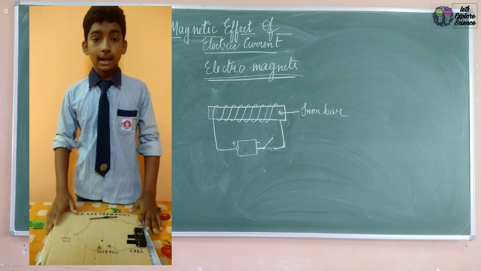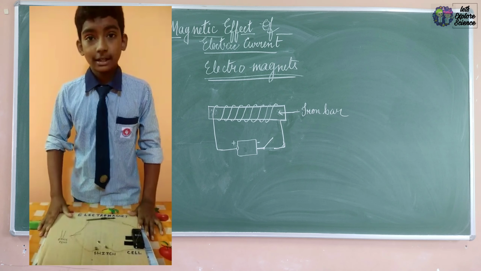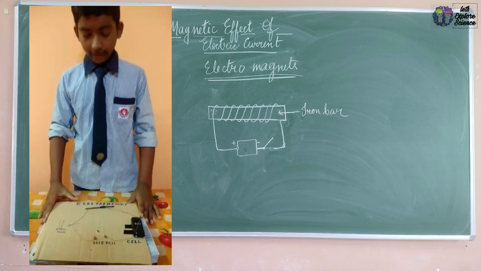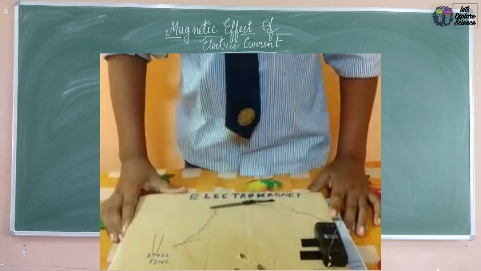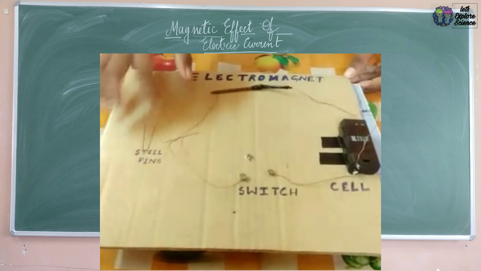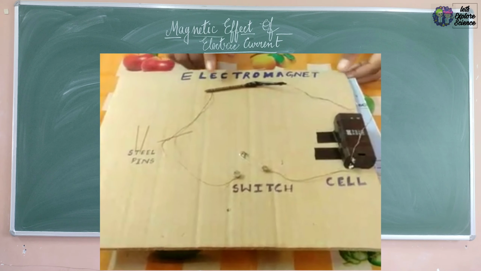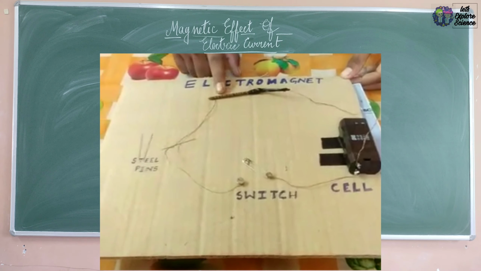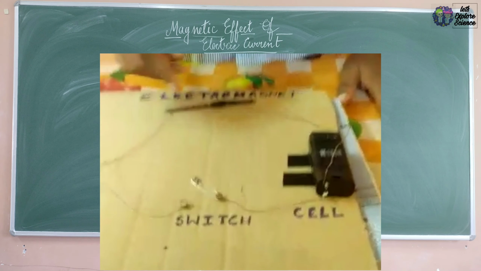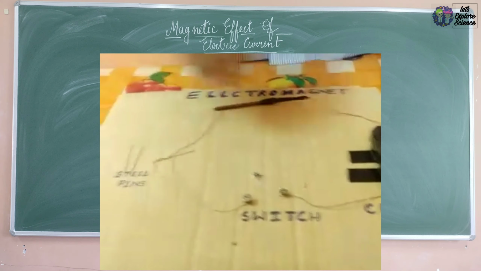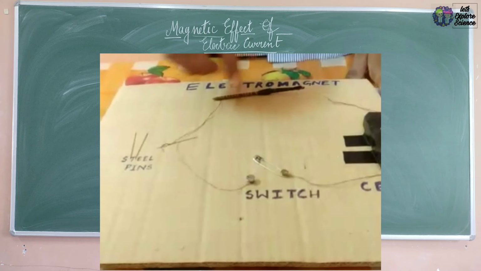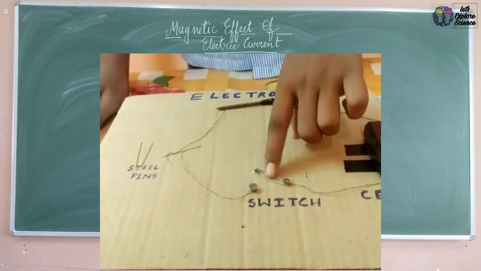An electromagnet is a kind of magnet which can be made by electrical current. So, in this activity, I will show how an electromagnet can be made. At first, we need a piece of cardboard, a few steel pins, some copper wires, a safety pin, a cell and an iron nail. So, I have connected the two copper wires to the two terminals of the cell, as you can see. So, we will turn on the switch by closing the gap like this.